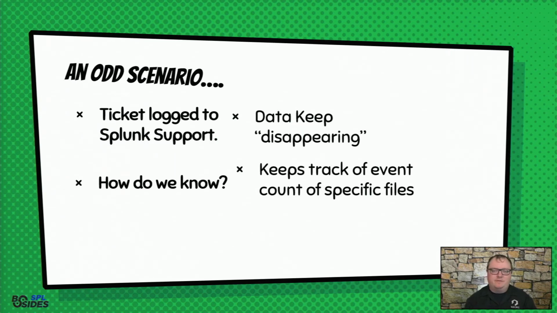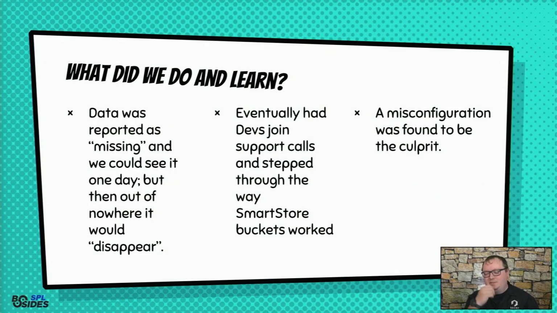And different files, different indexers, we're like, oh, what's the caveat? We logged a ticket with support and started working with them, and we had to dig deep down, because it would happen occasionally, then it would happen for weeks, and we'd think, maybe it's fixed, and we would just keep the ticket open. Then it would happen again. We got on a call with support. We got super smart people who finally came in, and they brought in devs,